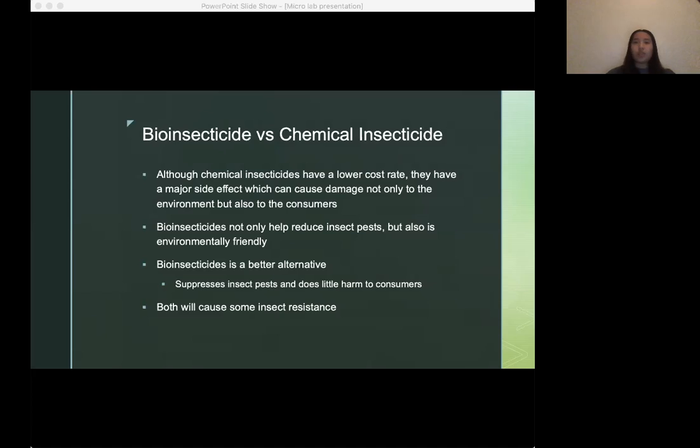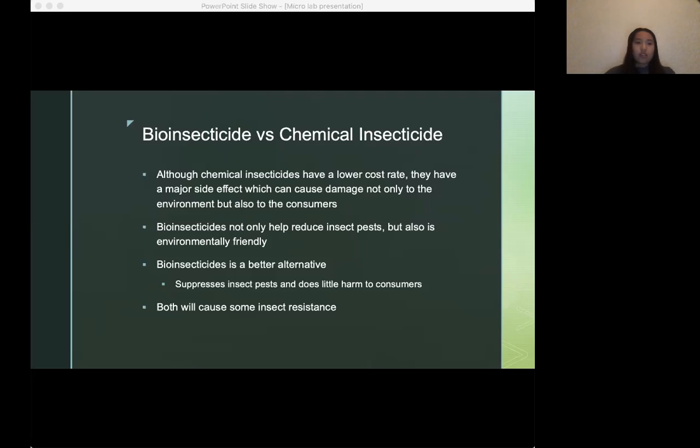Here is some comparison with chemical insecticides. Even though the chemical insecticides may cost less, they still have a major side effect which can cause future damage to the environment and consumer. Bioinsecticides, on the other hand, not only help reduce insect pests, but they also don't have a big negative effect like chemical insecticides do. Because they are bacteria and they're common in soil, they are biodegradable and safe to consume. Both still do cause some insect resistance, but all in all, bioinsecticides would be more beneficial to use